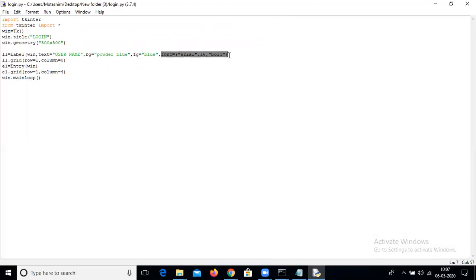I'm going to delete this. Control C. Here is Control V. And here I want column span.